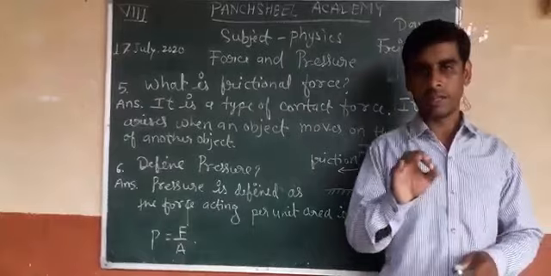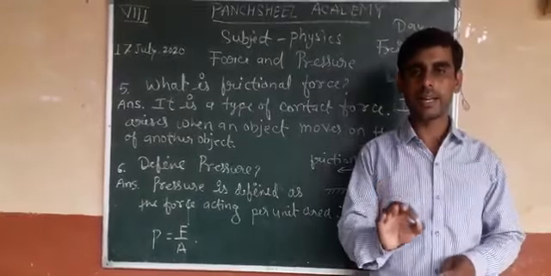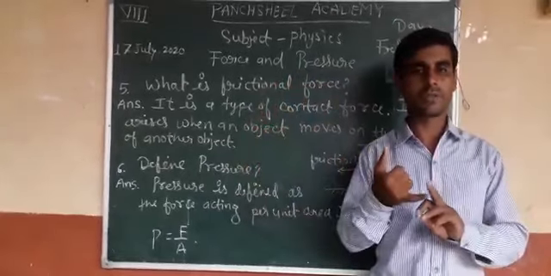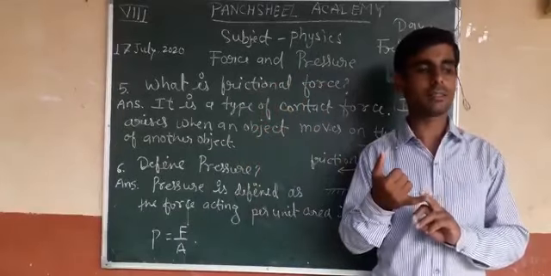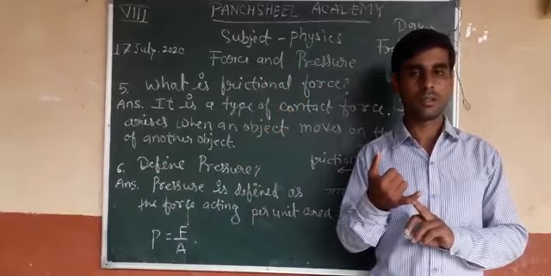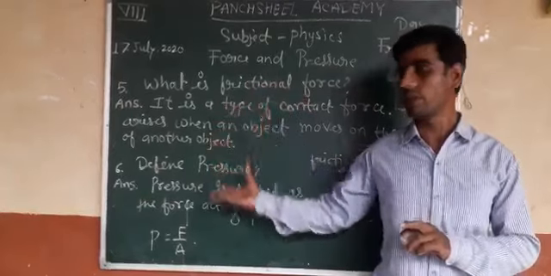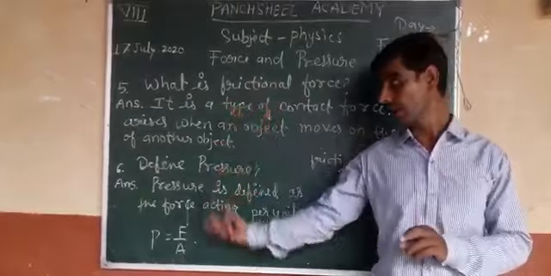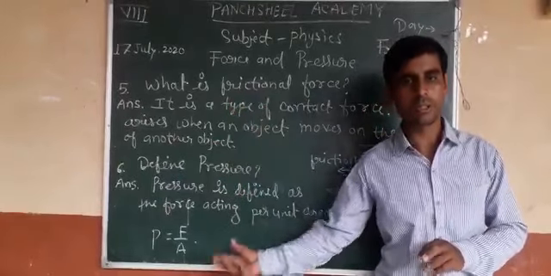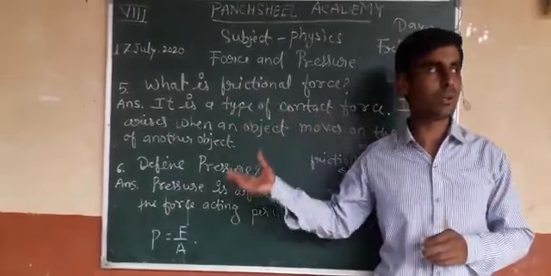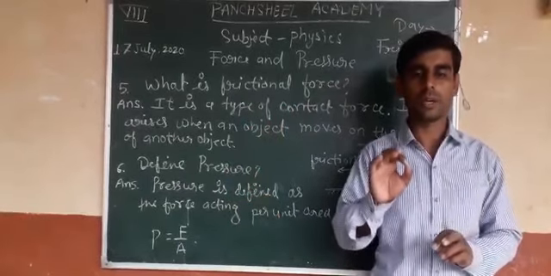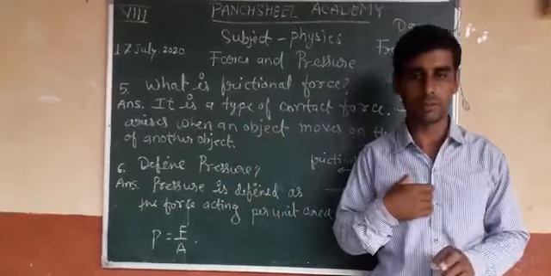So your task is that you have to complete all the questions. First is pick the correct, second is fill in the blanks, and third is very short. Okay, so by that point you complete all these things in your fair copy, and if you have any problem then discuss with me. Okay, thanks.